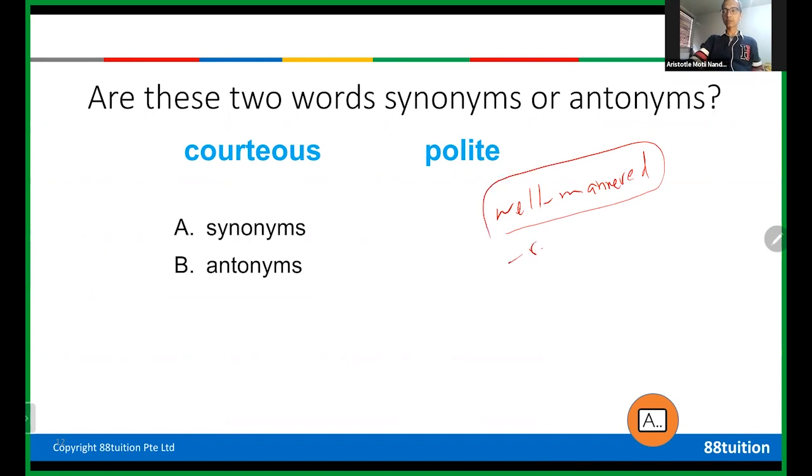So you can see all different words that can be used. So both have the same meaning. So they are synonyms. So instead of saying the polite boy, you can always switch to courteous boy, courteously, politely, respectfully. You see how people can use different words, but they have the same meaning. So you don't repeat